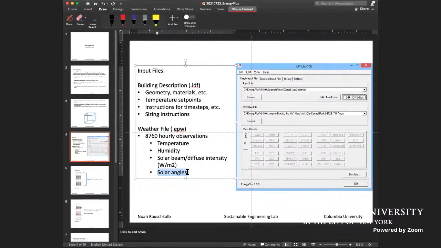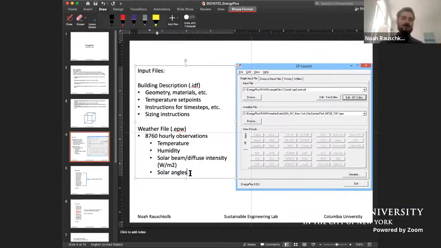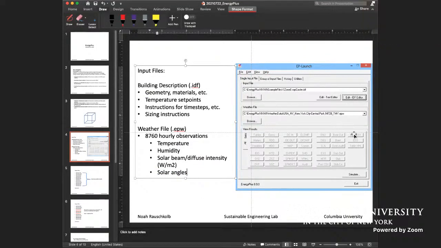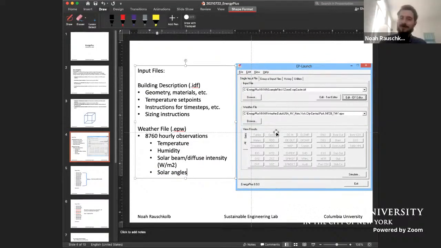Because you're designing for, are you designing for the extremes? Okay, so that's a very good question. There's really actually two files you put in here, but there's really a third file. And